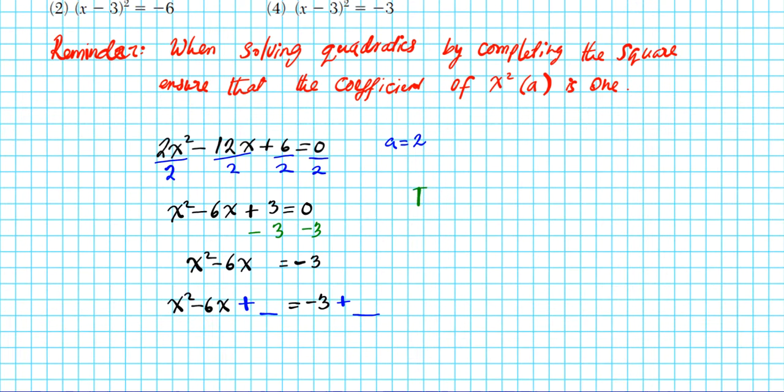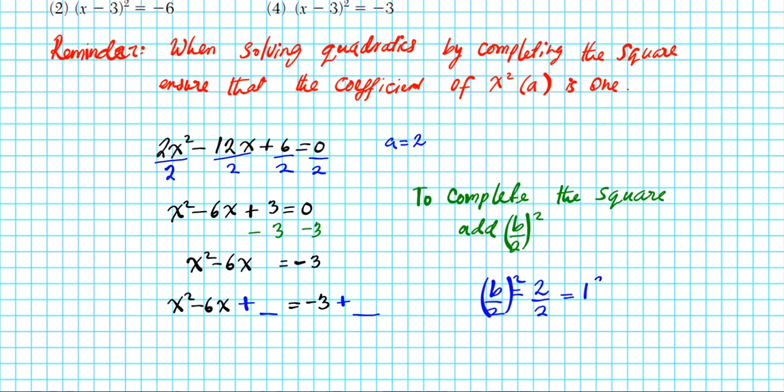Okay? Alright, so to complete the square, what do you add? To complete the square, you add b over 2 square. Okay? You have an incomplete square. To complete the square, you add b over 2 square. Now, what is b? b is a coefficient of x. b is equal to 2. Okay? Now, what do we do with that value? b equals 2. To create a perfect square trinomial from this term, we have to divide by 2, which is equal to 1, following that formula there, and we have to square it. Okay? So we have,